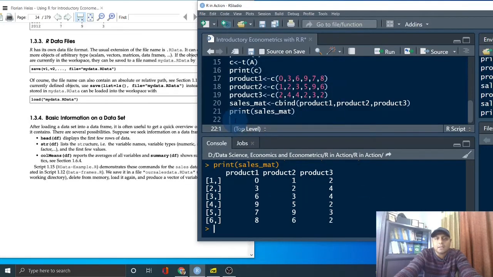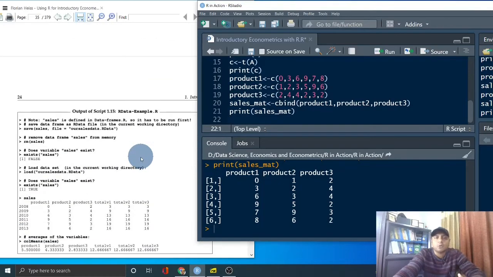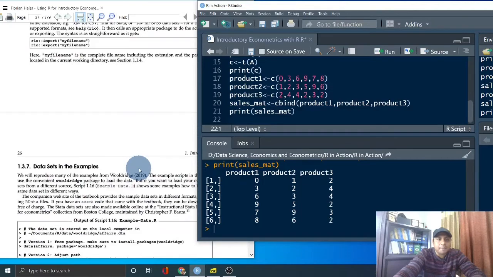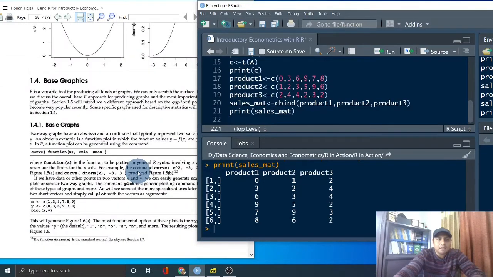Or you can use a directory, and in that directory you can use the Excel or CSV file inside it. Then you make a command called read.csv, and that will bring the data into your project. I will share that later when we get to the econometrics part. This is what is in the first chapter of this book.